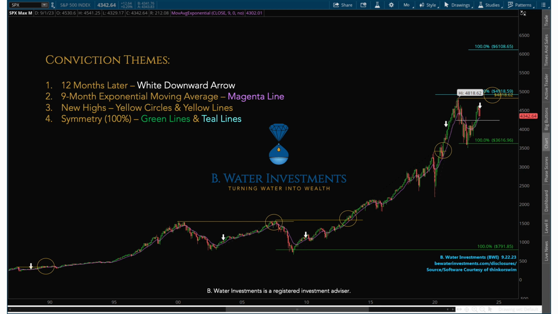And in March of 2003, in that month, a new low was placed in the S&P 500, and 12 months from that low, you find a white downward arrow. That white downward arrow followed months and months of price appreciation, which got to an all-time new high in the years of 2006 and 2007. You can see that. 12 months off the lows. And we continued higher.